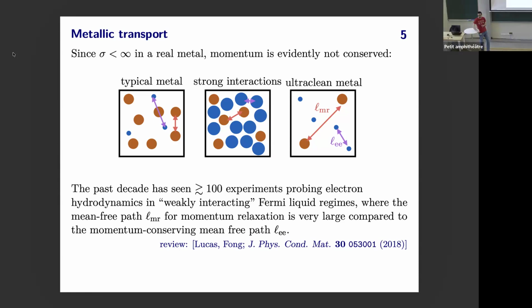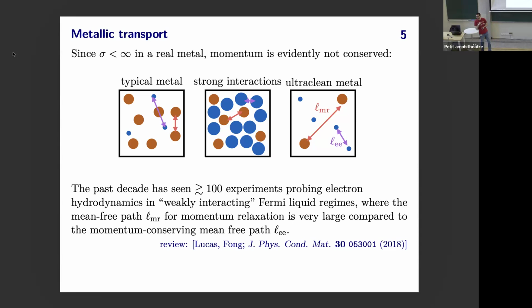Yeah. How about other materials like cuprates or heavy fermions? I'm not sure, I don't actually know of one experiment off the top of my head that claims to really see a hydrodynamic signature in this setting. But at least some people claim that some cuprates can be relatively clean. I think when they say clean, they may mean something different than what I mean by clean.